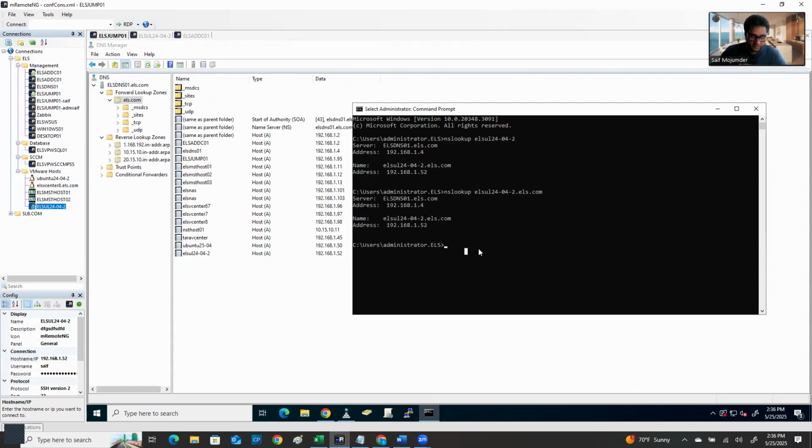And if you run nslookup with just the IP address, you don't know the actual FQDN of the machine, right? So how you can find it? nslookup IP address